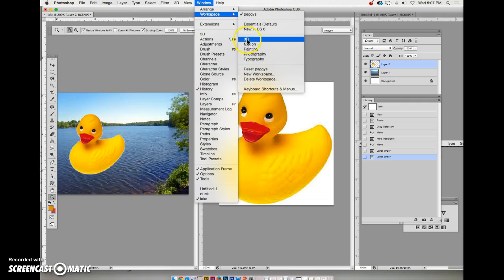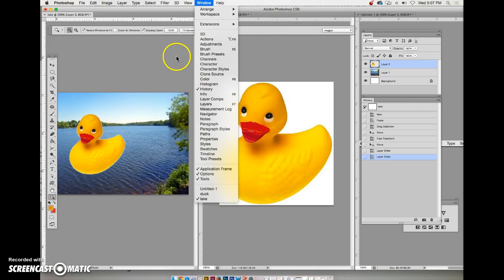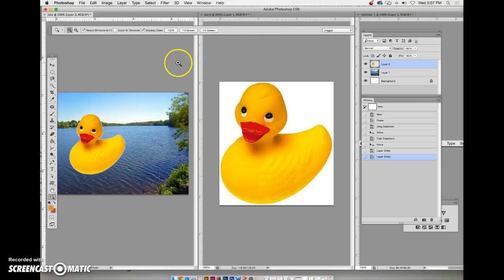They also have some standard ones depending on what you're working with, like if you're doing 3D or video, if you're doing painting, or if you're working strictly with photography, or with a lot of text. They have the panels that you would most likely want to use already set up in the standard ones here. But anyways, on our last